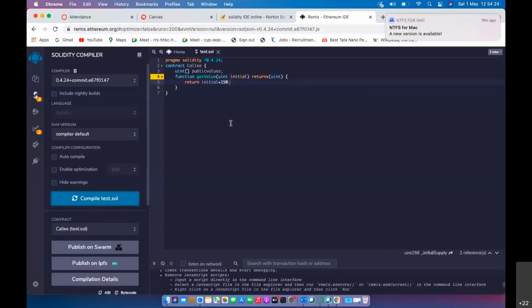Yeah, till here fine, but it gives me a warning at 4. What is the warning at 4? Function getValue(uint initial) returns uint. It's just a warning which I get on 4. It's okay, we can go ahead with this. Return initial plus 150. Okay, after this what we do, we specify